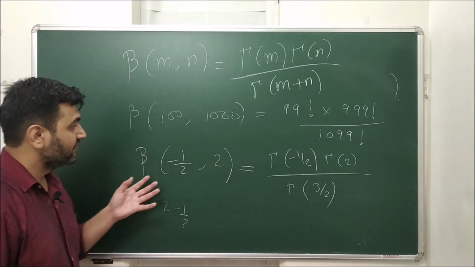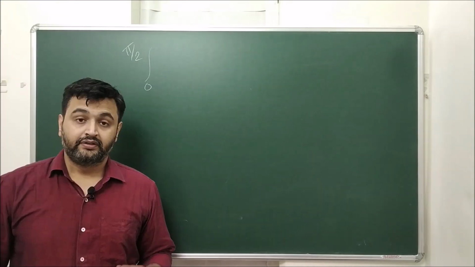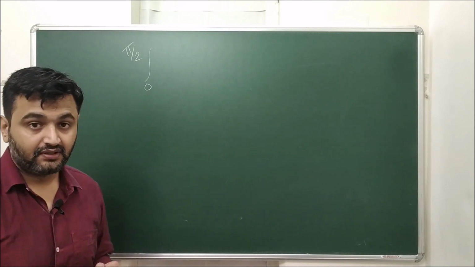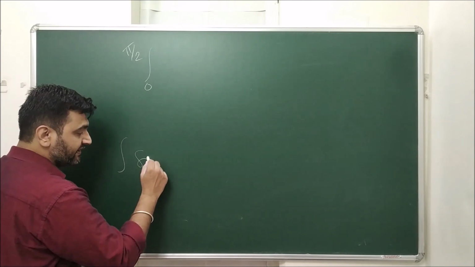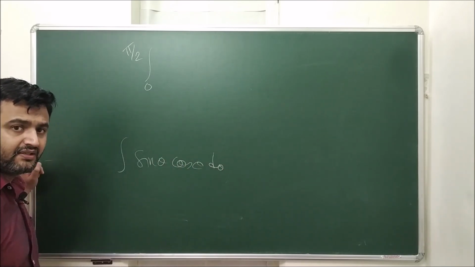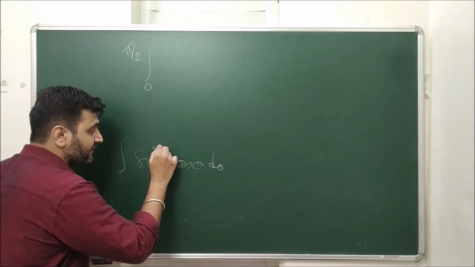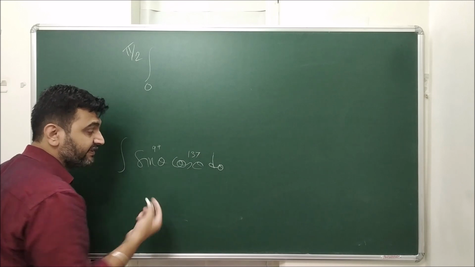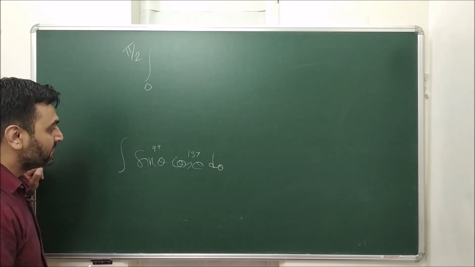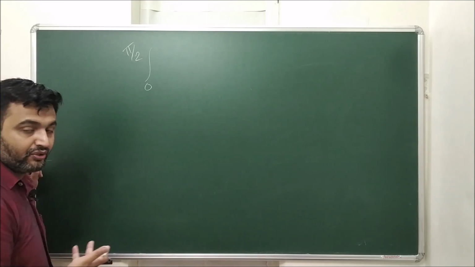Okay. So this property, or this connection, is very important. Now another important connection is between the beta function and the trigonometric functions. If someone asks you what is the integration of sine theta and cos theta, you can directly use the sine double angle and tell the answer. But if someone asks you what is sine raised to 99 theta and cos raised to 137 theta, then things become quite difficult, right?